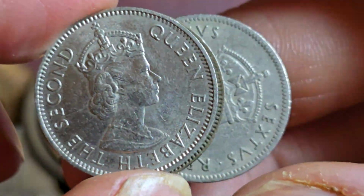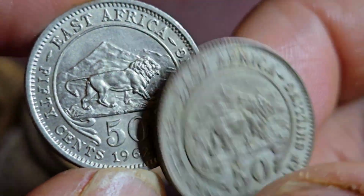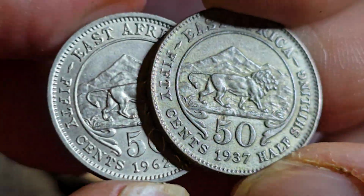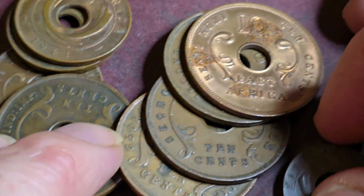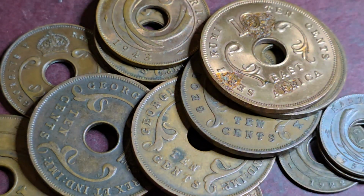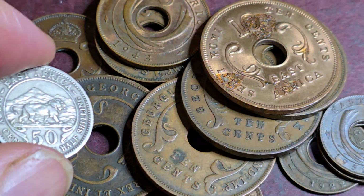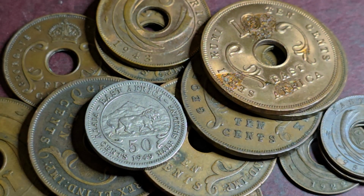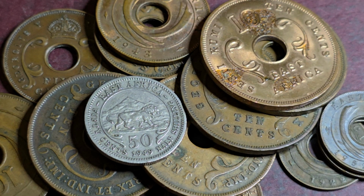Anyway, most of these are for sale except for these two. These ones I don't have and are going into the collection. All the rest I have, but I'm going to go through these and see what I have and don't have. Anyway, I hope this helps you with your coins from East Africa. Not an exciting series. The independence coins are actually a lot better,